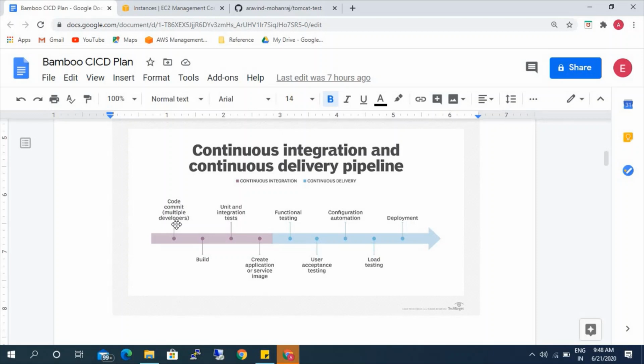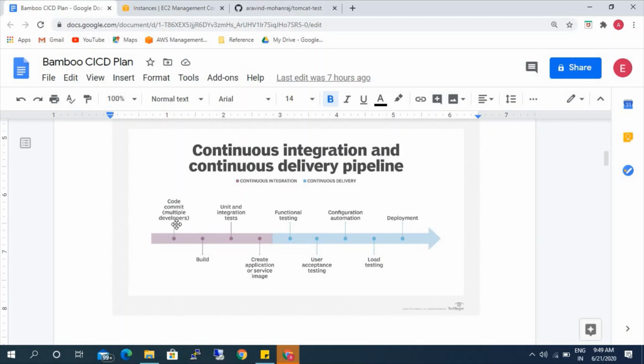Once it is done, a tester team or a tester will perform functional testing of that application and the user acceptance testing, and will check many things in the testing phase itself, in the dev phase itself. So once all the code has been tested successfully, then it will be taken to deployment in a production server. So the first part is continuous integration, and the second part where you do the functional testing, user acceptance testing, and other load testing, and finally it will be deployed in a production server, that is called continuous delivery.